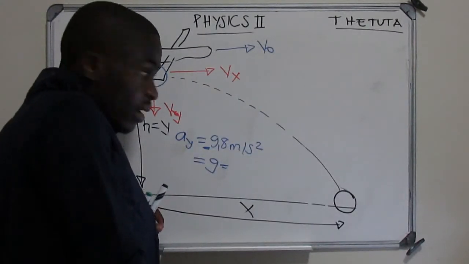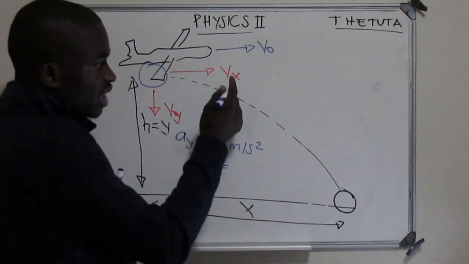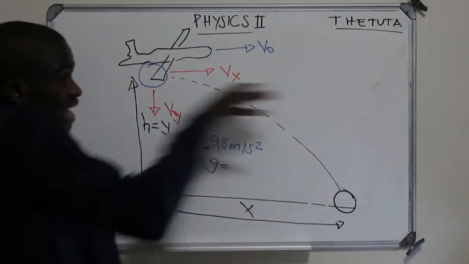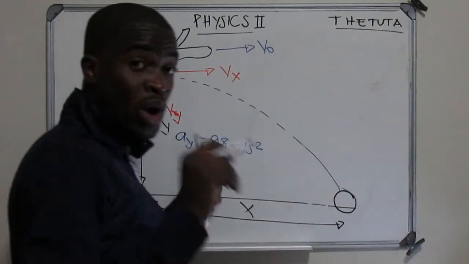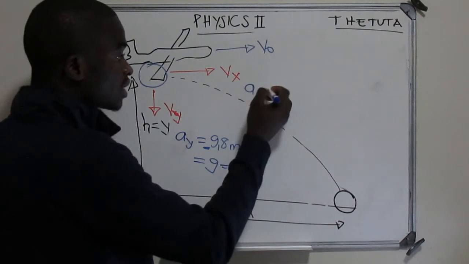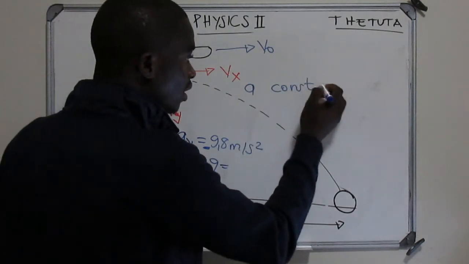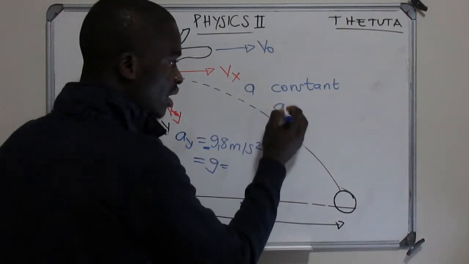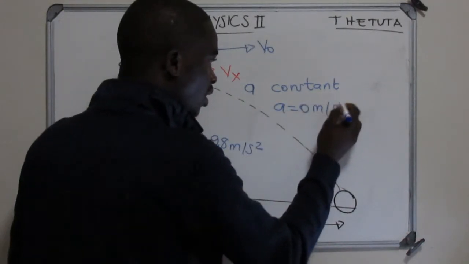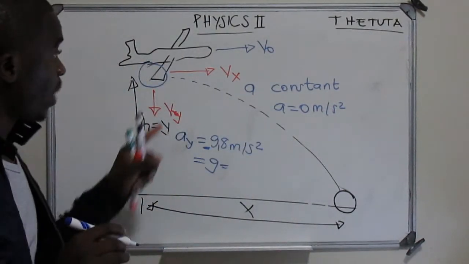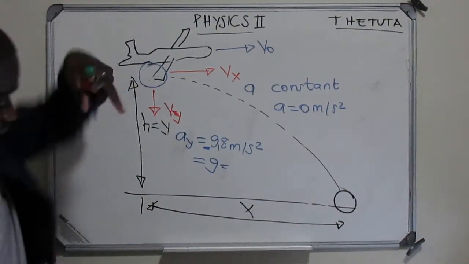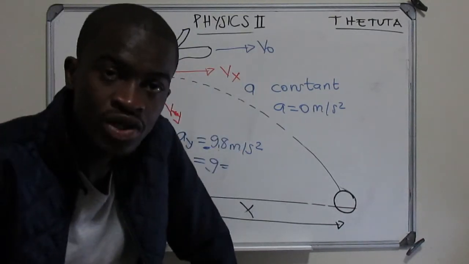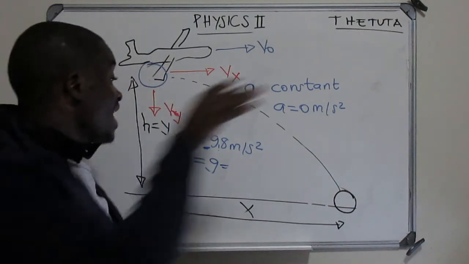Okay? But in x, what is the acceleration? Remember, the speed at which we drop it is going to be the same. It's going to be constant. And we know when the speed is constant, the acceleration is going to be what? The acceleration is equal to 0. Can you see that? So when they drop an object, the acceleration in y is equal to the gravity, but we give it a negative y because we are dropping it down. But the acceleration in x is 0.